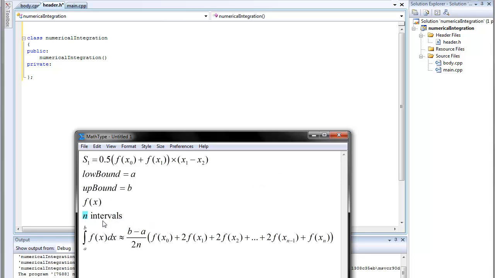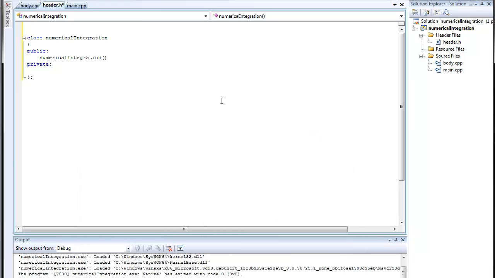So this is some kind of fixed parameter. Okay, so it will be const reference to integer number of intervals. Okay,